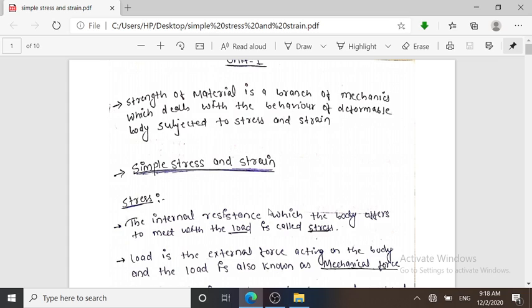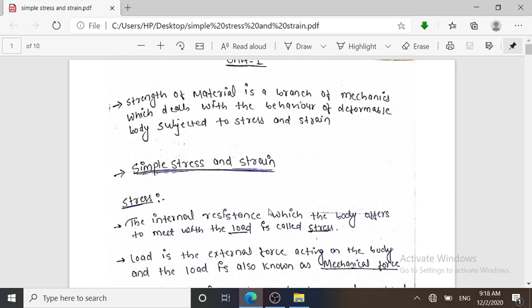तो जब हम लोग बाहर की तरफ खींचते हैं, then there is a resisting force inside the body which resists deformation. जो डिफॉर्मेशन होने से रोकता है उसी को स्ट्रेस बोलता है. फिर से जब कोई भी बॉडी को लोड लगा के उसको बाहर की तरफ या अंदर की तरफ खींचता है, then the force which generates inside the body to resist or counter the external load, that is nothing but the stress. So stress is not an external load, it is an internal resistance, the internal resistance which the body offers.